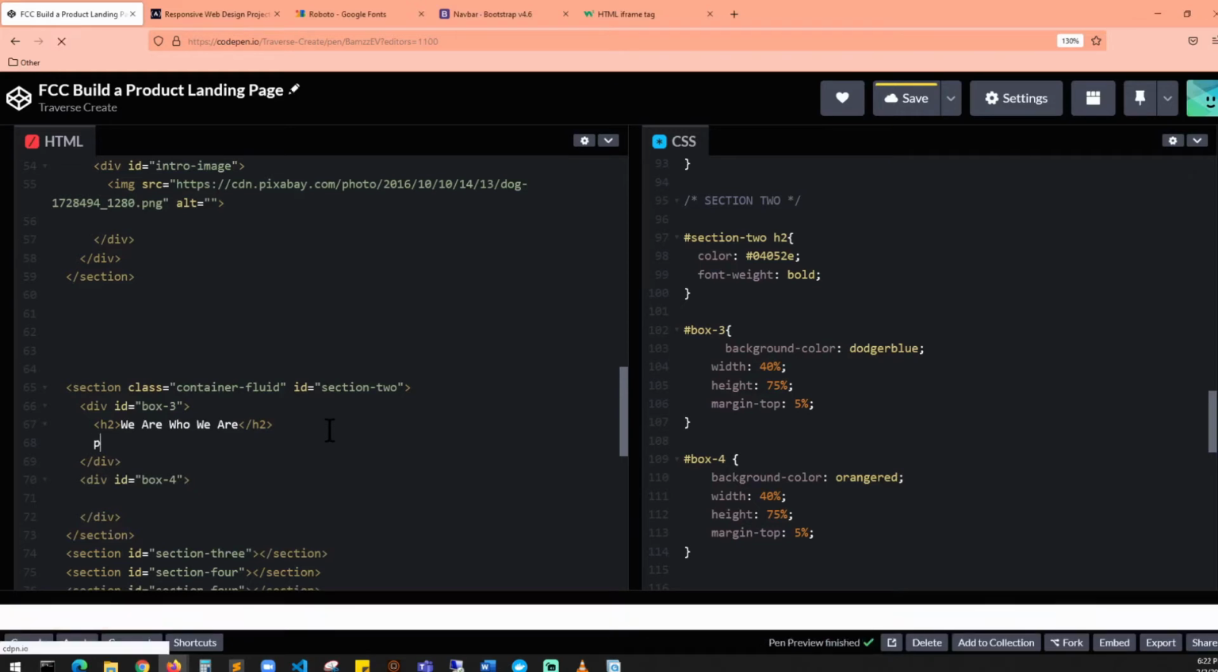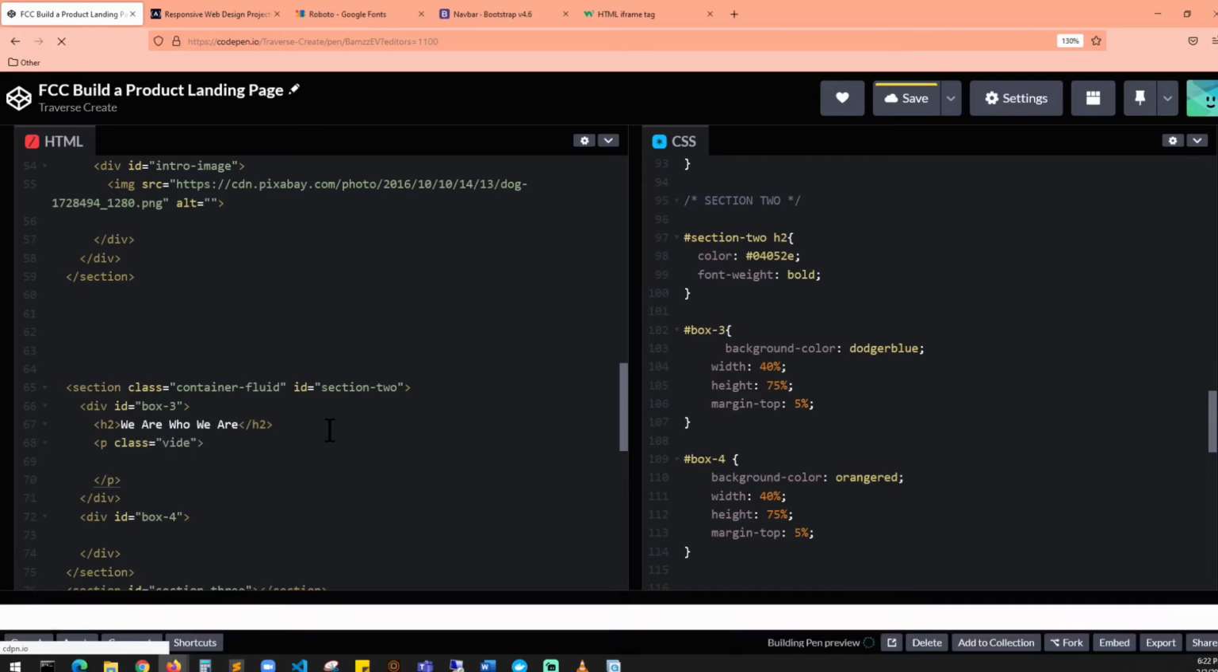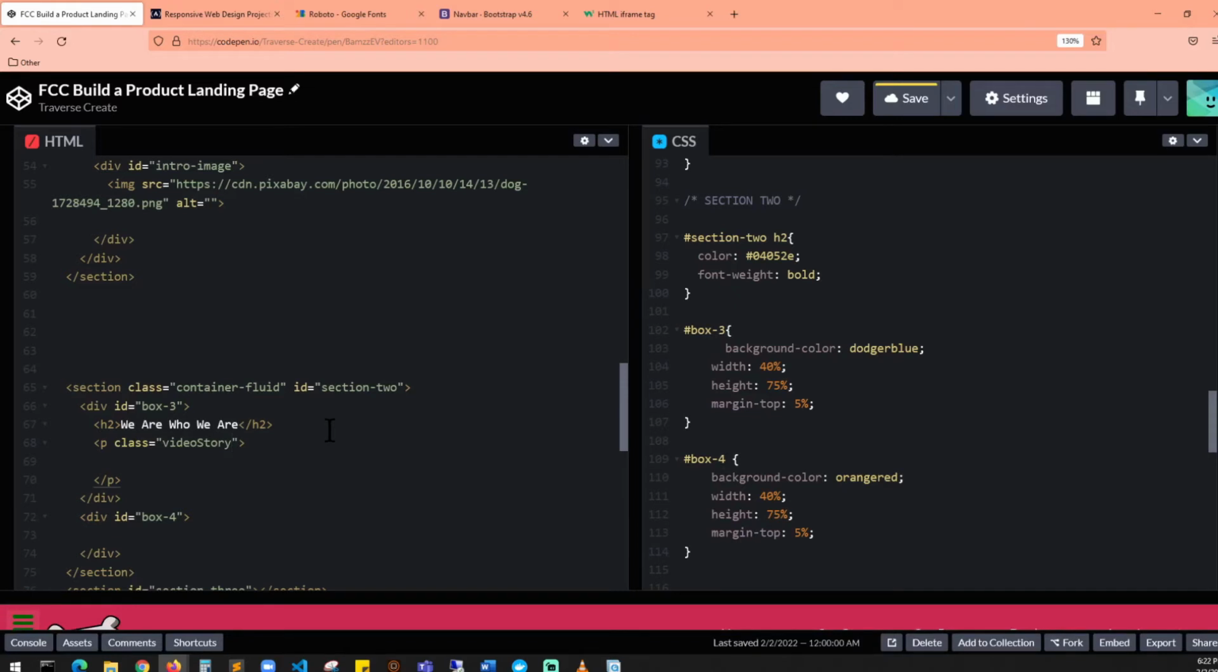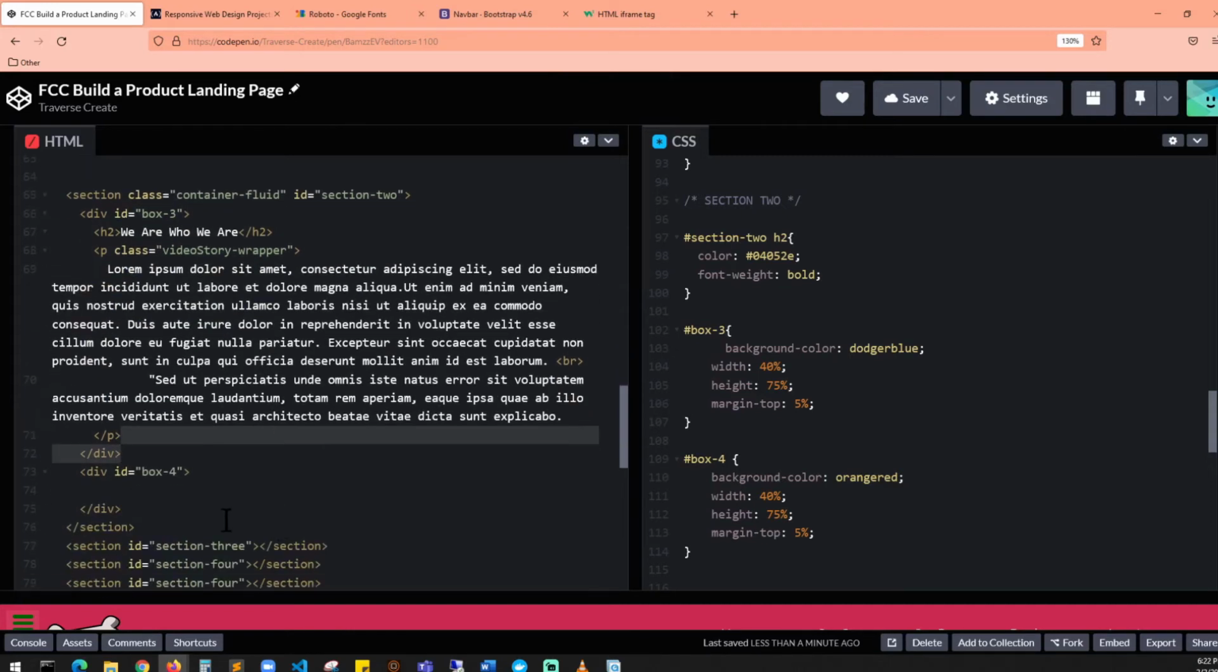Everything should be a P class. Let's say the class is going to be video story wrapper, it's going to be a p tag. I'm just going to copy some lorem ipsum. You can just Google that from Wikipedia, copy the text from there, come back up, save it, and inside our box 4